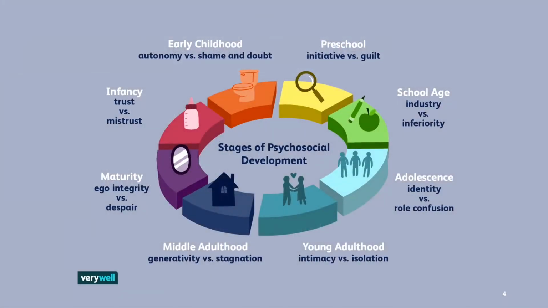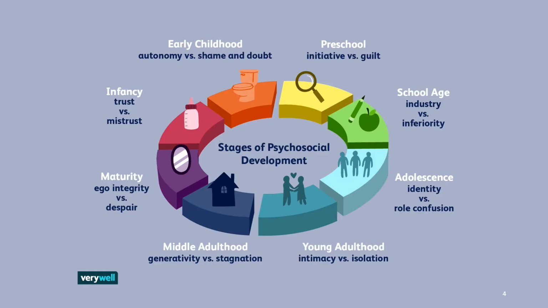We're not going to go through each of these stages in depth. If you're interested, you can go check it out. There's a lot of online resources that go through them, but you can see how it's set up: at each stage, you either meet something or you fail to meet something. So for example, in infancy, one of the milestones you need to meet is forming a sense of trust, having a stable relationship with a caretaker or someone else that builds a sense of security, trust, and stability.